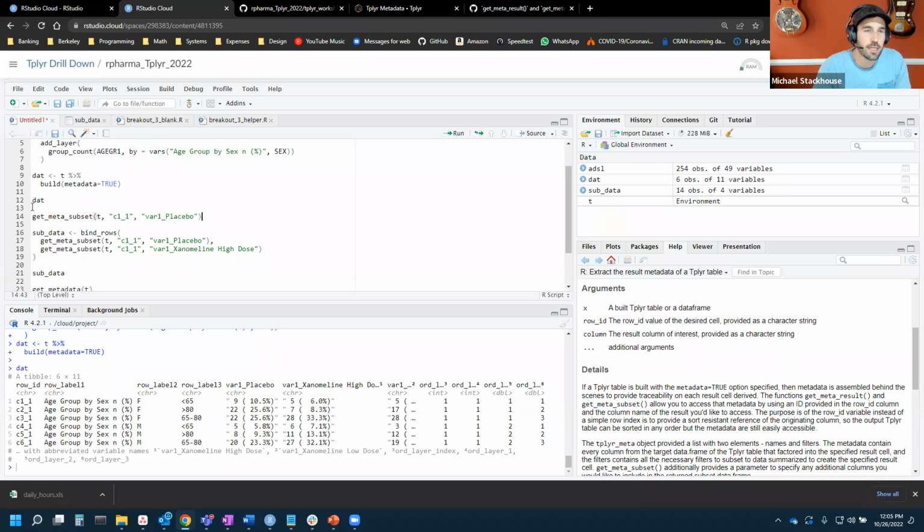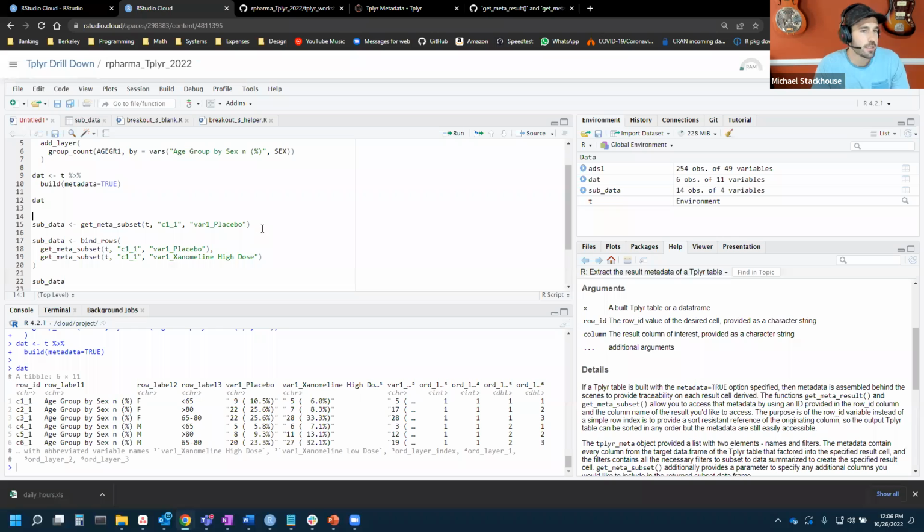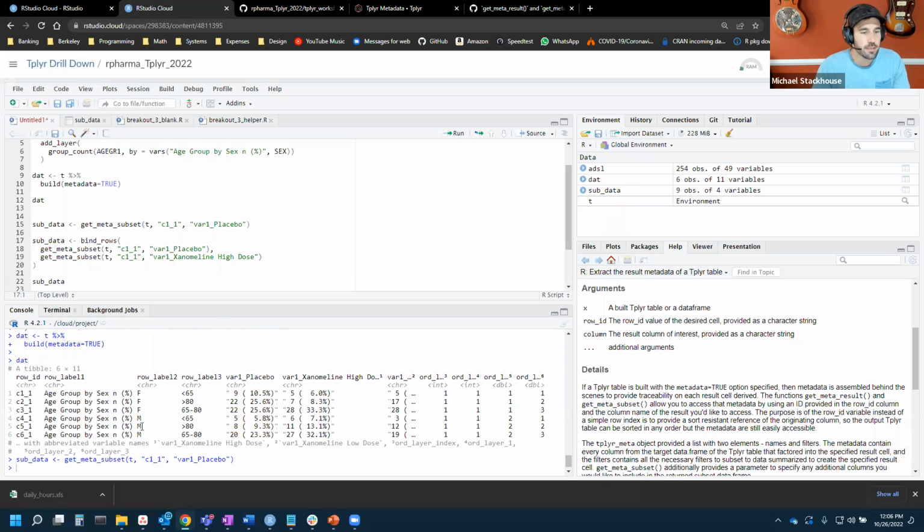These aren't anything for explicit Shiny programming. These are R functions and work with data at the programming level. So whether I'm exploring things myself, doing programming in my day-to-day, or trying to build some other automated application for something like an R Markdown or Quarto document, I run this get meta subset function